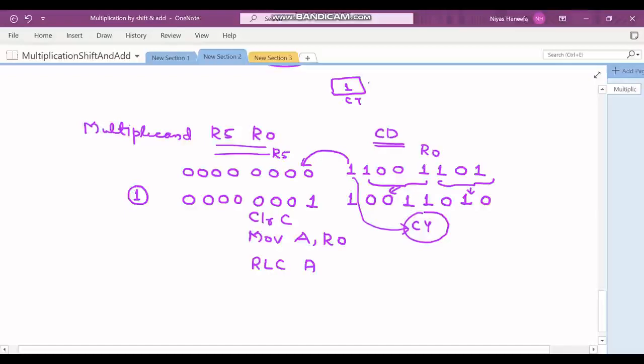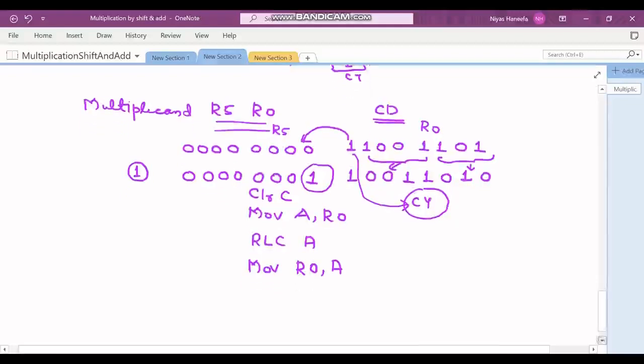Now we have this leftmost bit in the carry flag, which I have to move to the lowermost position of R5. So now the lower byte multiplicand result, which is correct, which is 1001, 1010, is there in A. So I will move that back to our shifted multiplicand. We moved it back. Now we have to populate the one bit that we have in carry, which we got from the lower byte of the multiplicand, to the higher byte of the multiplicand.